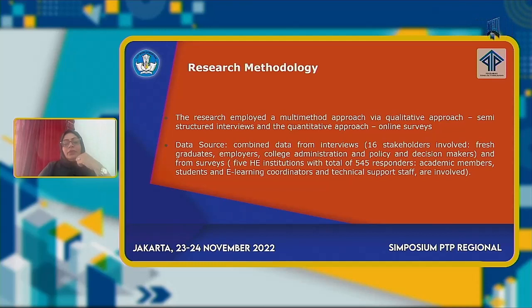Here is a quick idea about the methodology I used. My data collection was definitely not random. It focused on higher education institutions, and I interviewed stakeholders from the labor market in higher positions, as well as college administration and some policy and decision makers.